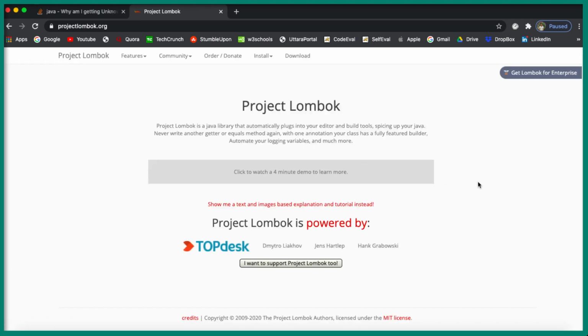Usually in our entity class, in our model class, we override the setters and getters, and also the toString and hashCode. These are the common things that we do in our entity class, and this Lombok library helps us reduce all the boilerplate code. We just specify a few annotations and Lombok will take care of it. You can read more about this on the website, projectlombok.org. I'll drop a link in the description section of this video.